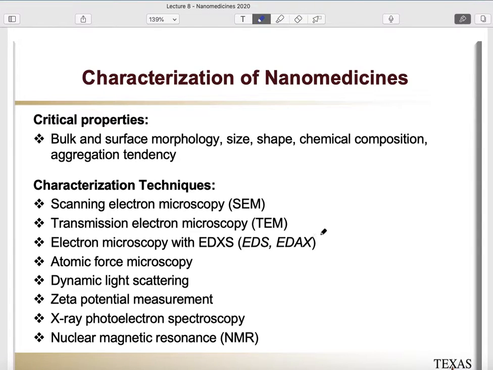And this is going to be looking basically at the elemental composition. Typically, you're going to find these EDAX systems attached to an electron microscope. In our case, we actually have an SEM that has EDAX capability. And so what you can do is go and find the material that you're interested in, or even the location on the material that you're interested in, and then switch to X-ray spectroscopy to look at the elemental